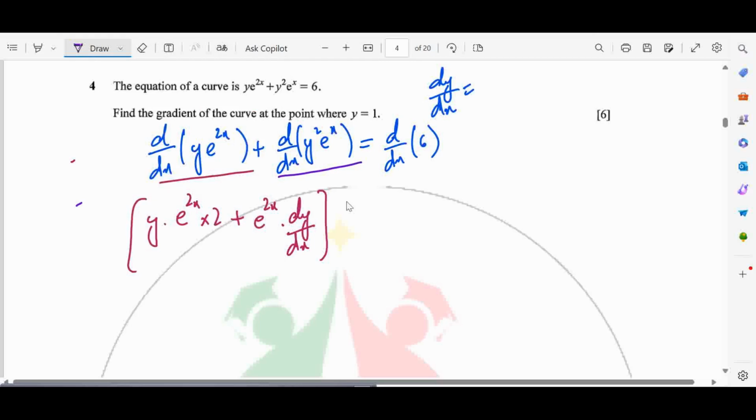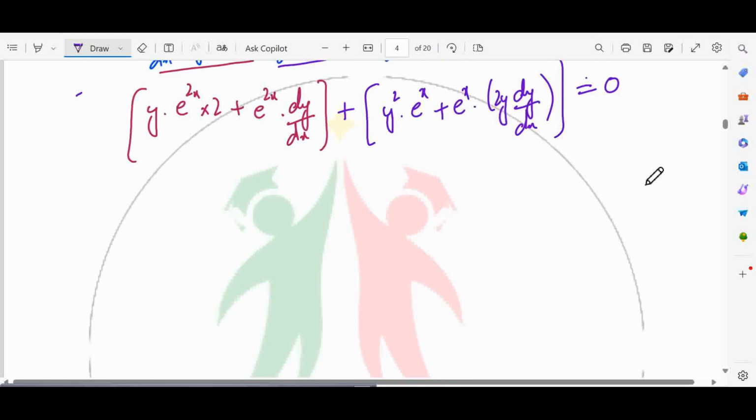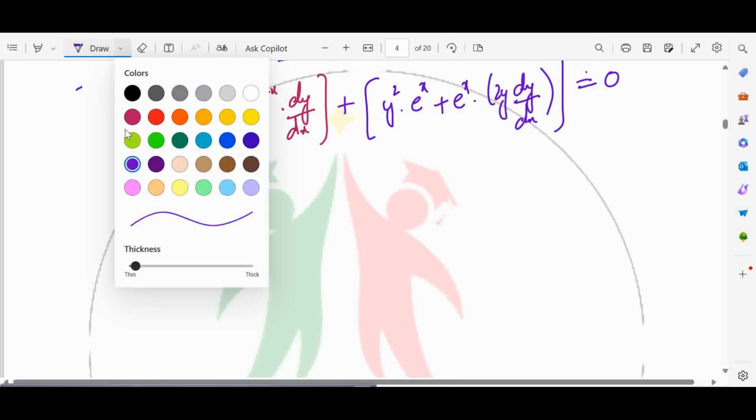For this one, plus we can use the same thing, first into derivative of second plus second into derivative of first, and the derivative of a constant will be equal to 0. Now if we simplify it further, this will be